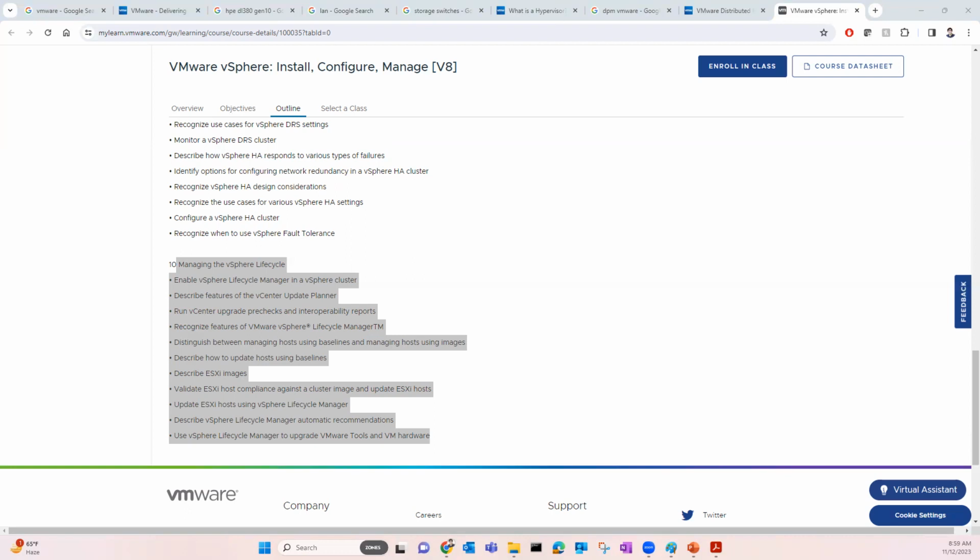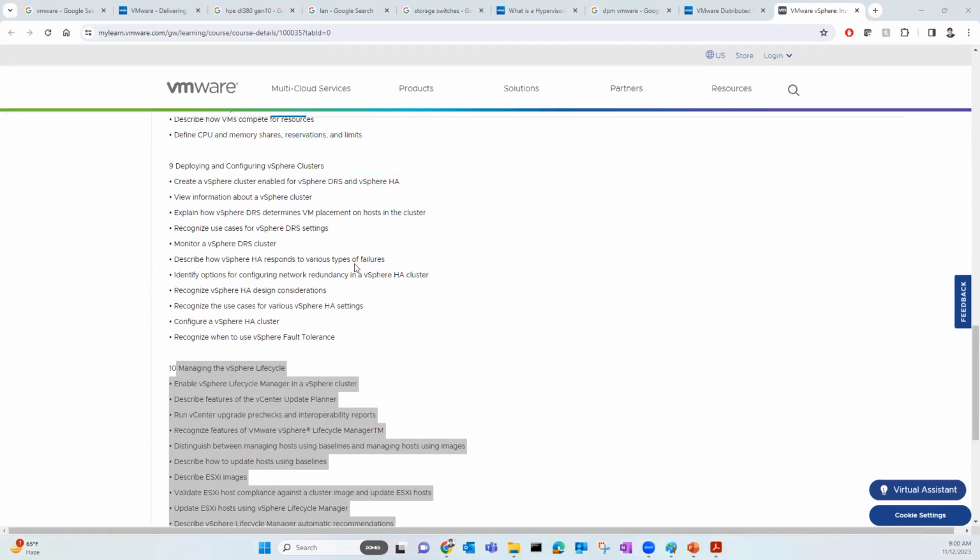Let me tell you one thing. DRS and high availability can both be enabled together, and you can even enable FT. So these three features, FT, DRS and high availability, can be enabled together, but obviously you need a proper guideline to enable that. So if you are planning to enable the DRS feature, let me tell you one thing. If you have a primary domain controller running on one host, and you have an additional domain controller on the other host, and let's